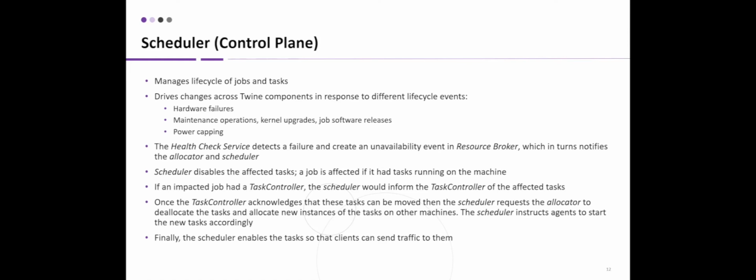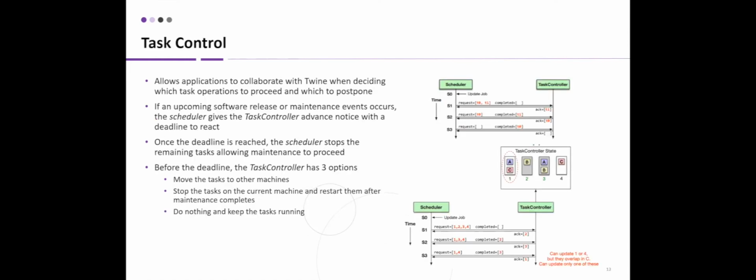But it's probably one of the most important things. And we're going to get into also, if this thing fails, there can be a catastrophic failure in many sections of the application. Okay, so the task controller I just mentioned, that is what allows these applications to communicate with Twine. The other applications, like let's say the batch applications or machine learning, let's say,